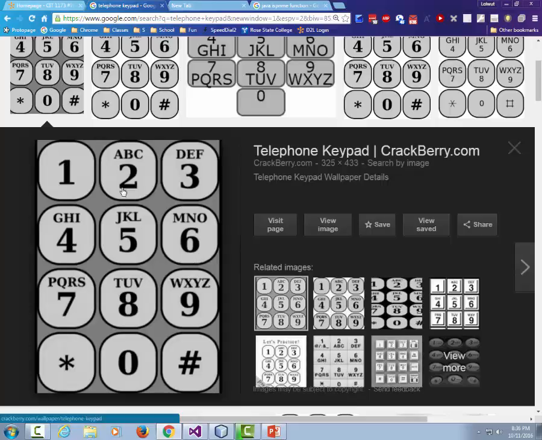It'd be cool to do the reverse, where if you typed in a 2, it would be an A, but if you typed in a 22, it would do a B, and if you typed a 222, it would do a C. Yeah, let's do that one. Nah, we're going to do it the way I said. Okay, so